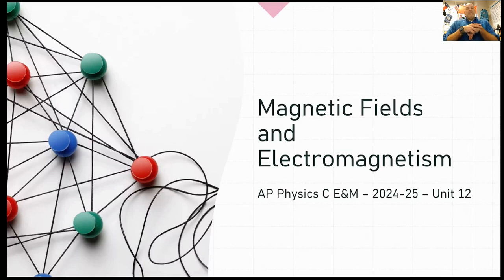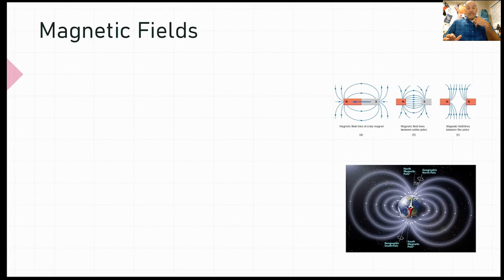Hi, welcome to AP Physics C, Unit 12. This is the unit on magnetic fields and electromagnetism. So let's first dive into what are magnetic fields. When it comes down to it, this is more of a conceptual topic. You're going to see one equation, but mostly this is really laying the groundwork for those magnetic fields that we'll